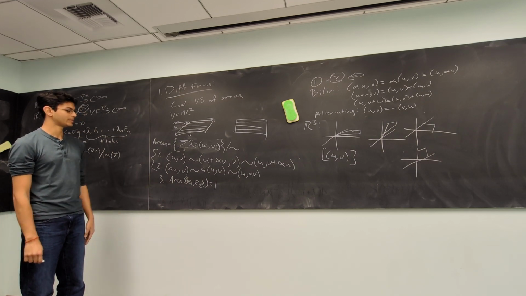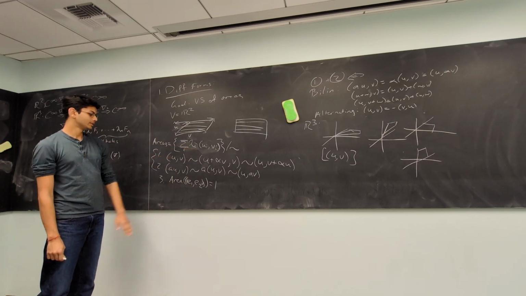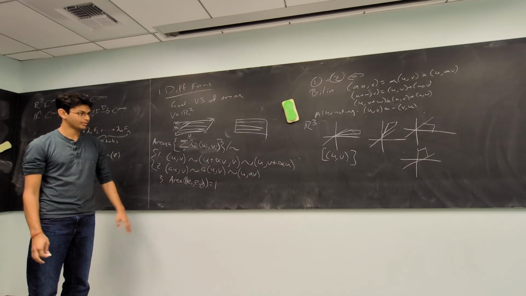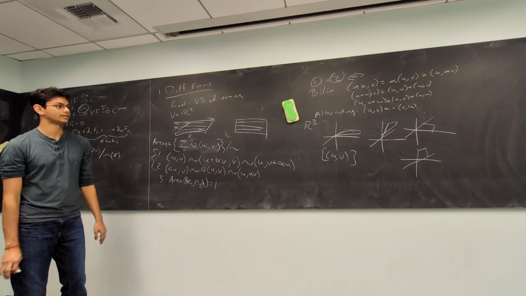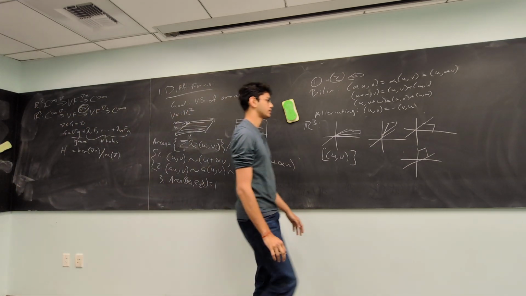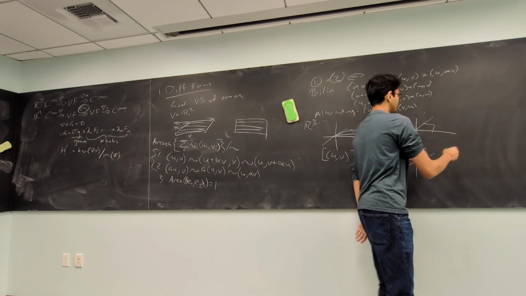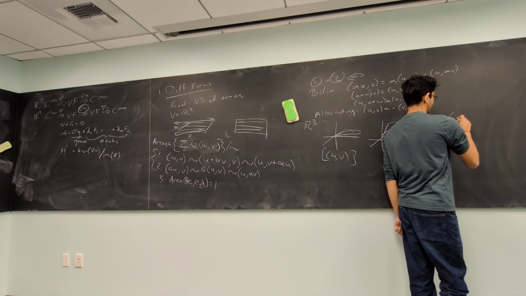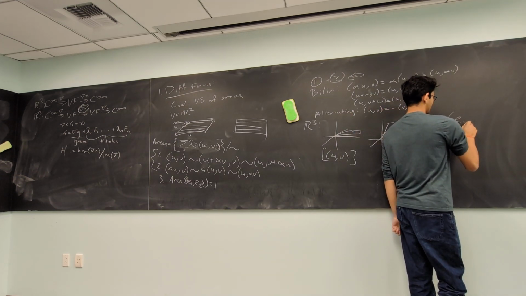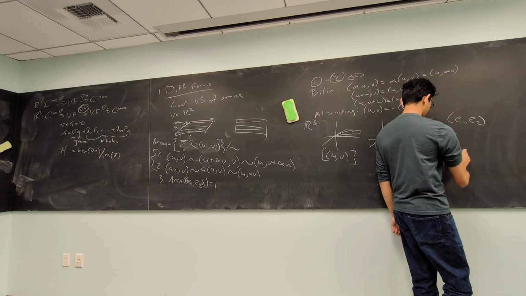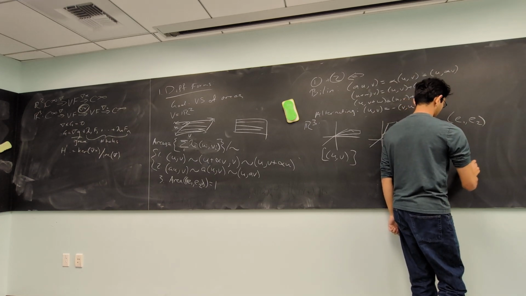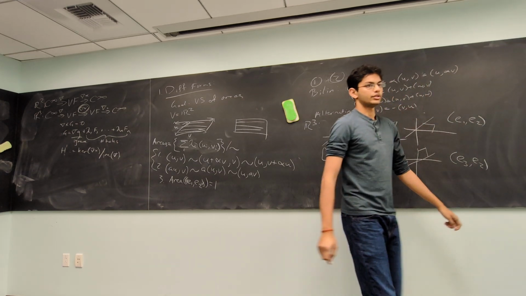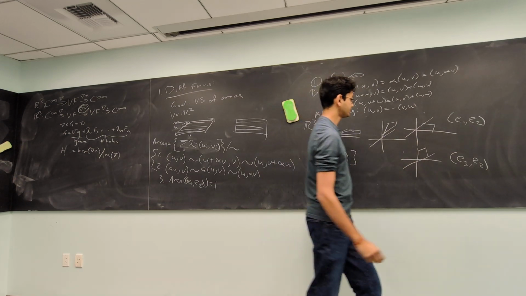So I want you to just keep in mind that this is a little bit awkward, and this is also a little bit awkward, and we'll fix both of them at once in a little bit. But I want to explore this a little bit more. So this one will be represented by the area element E1, E2, and this one by, say, the area element E3, E2, right? So if we take the sum of these two,